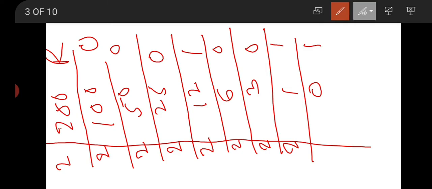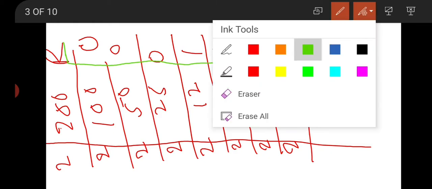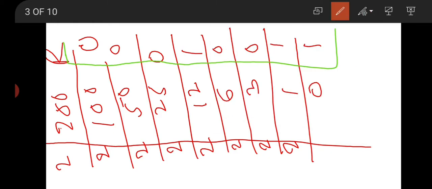Now the crucial and important point is this: the remainders are going to be written as the binary number. Now we have to write this number in bottom to top order. We have to write this from lower to